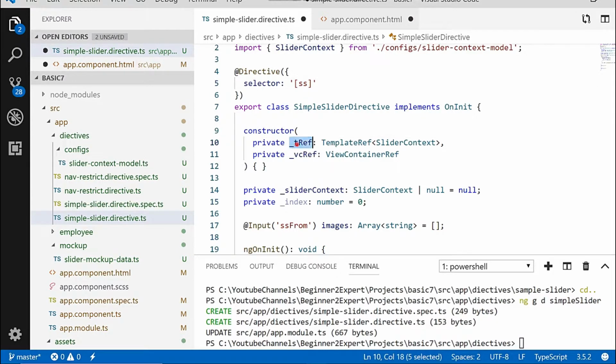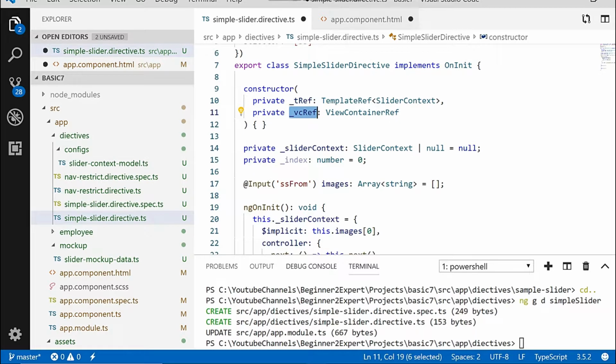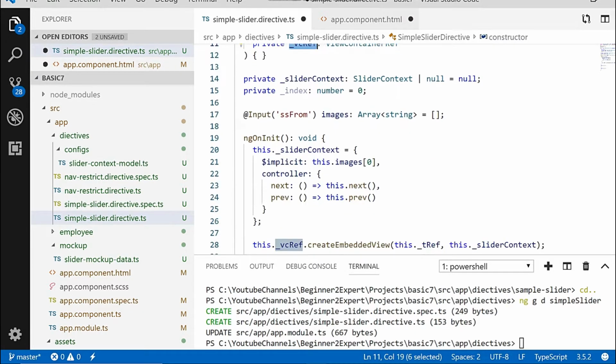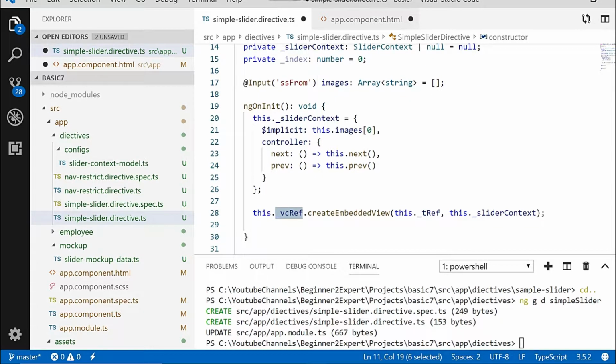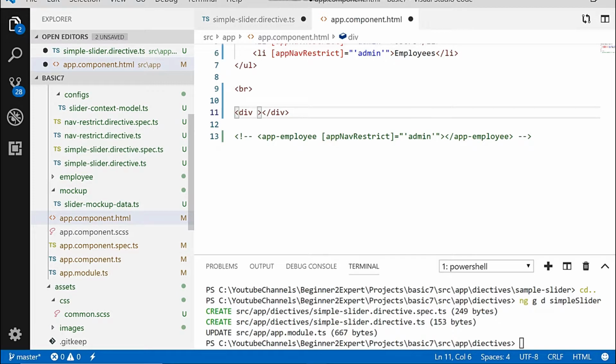Yes, as we are using the template reference and the view container reference. This view container reference actually helps us to create the embedded view. Embedded view means the structural directive. So as we are saying it is a structural directive, we can use the star, then ss,